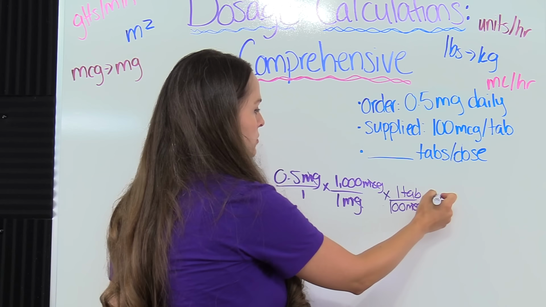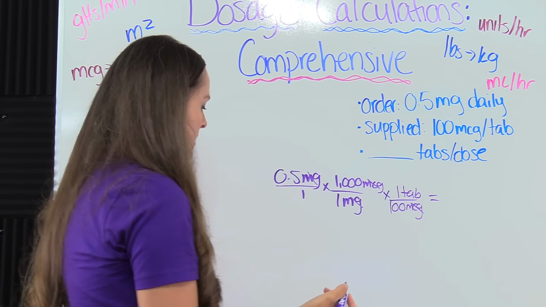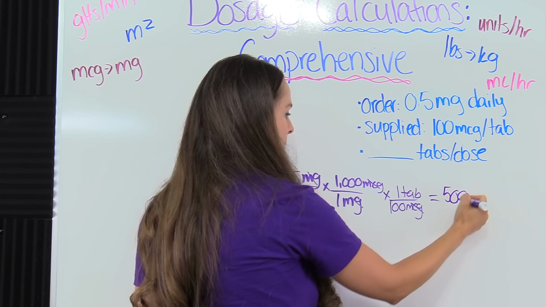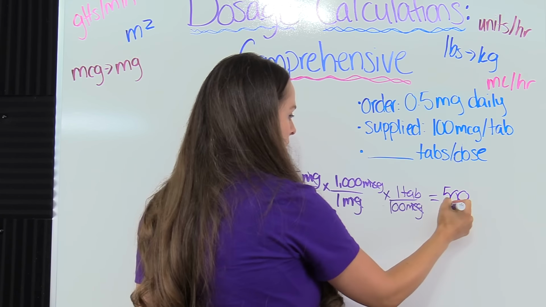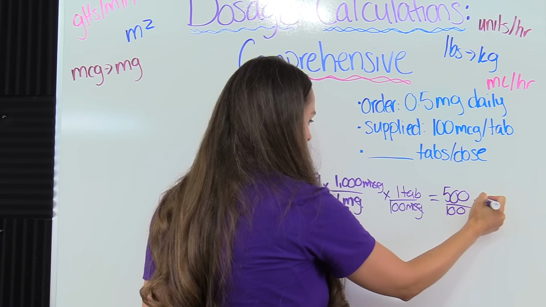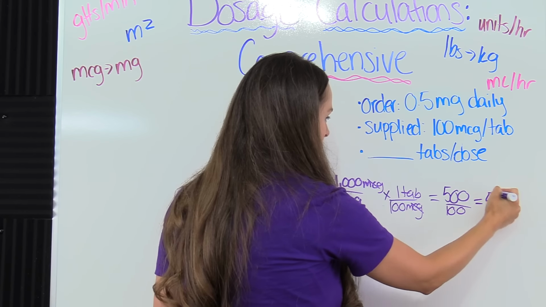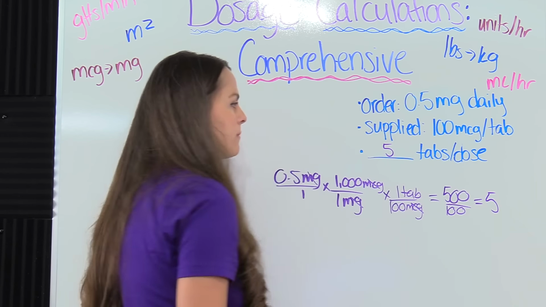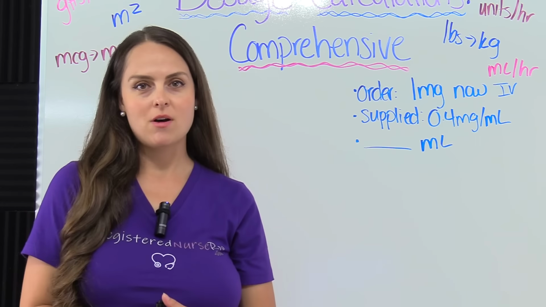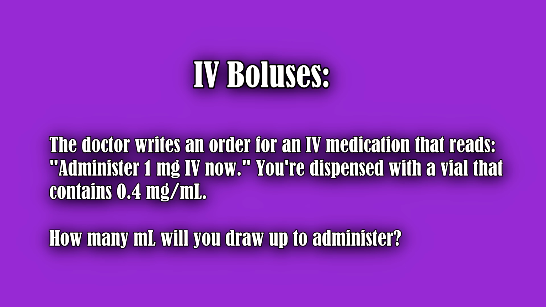So we're ready to solve. Multiply and divide. So 0.5 times 1,000 is 500. All this down here, 1 times 100 is 100. And then we divide that out, and our answer is 5. So we're going to give the patient 5 tablets. Now we're going to solve an IV bolus problem, and this problem says the doctor writes an order